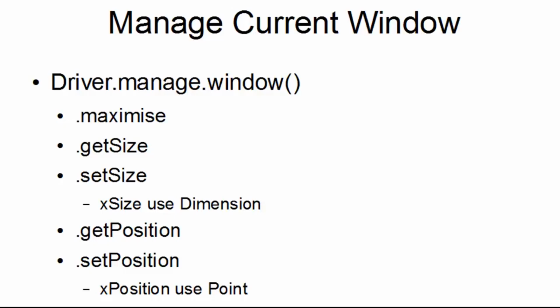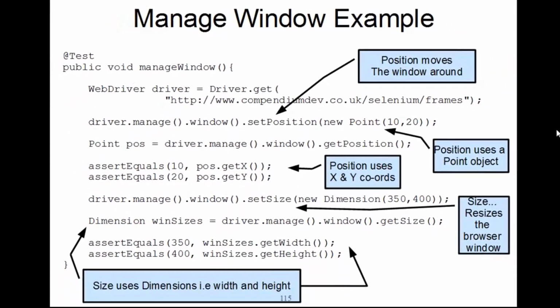Let me show you a quick example test for this. Now remember, this test is annotated. We'll have a look at the code in a minute. So in this particular example, I'm using the frames again. Don't have to, it could be anyone, but I'm just using the frames as an example. So you can see that long chain of commands,